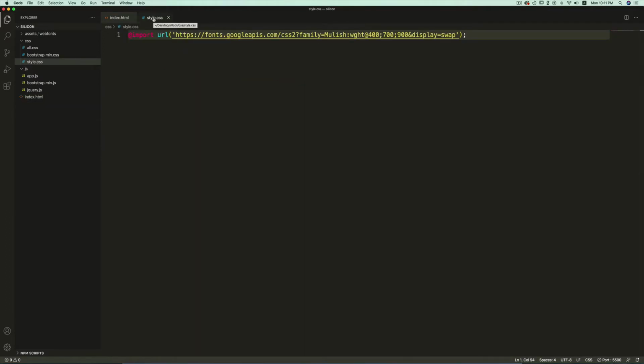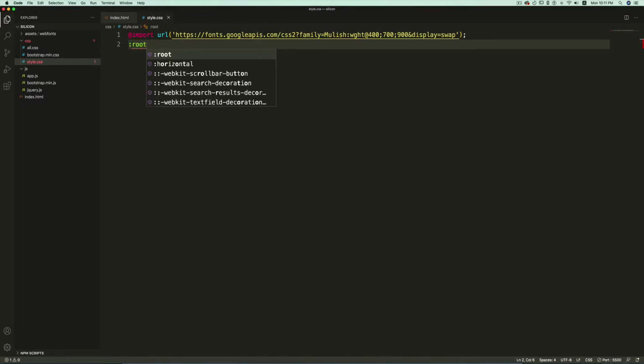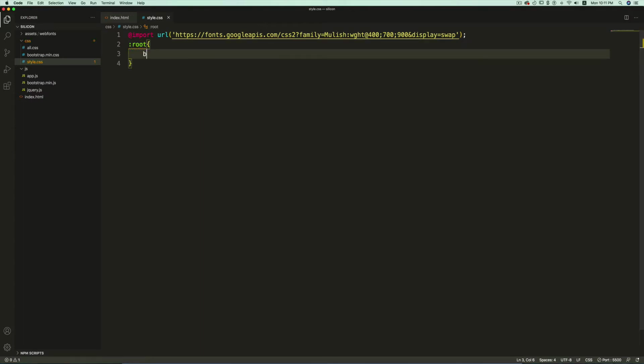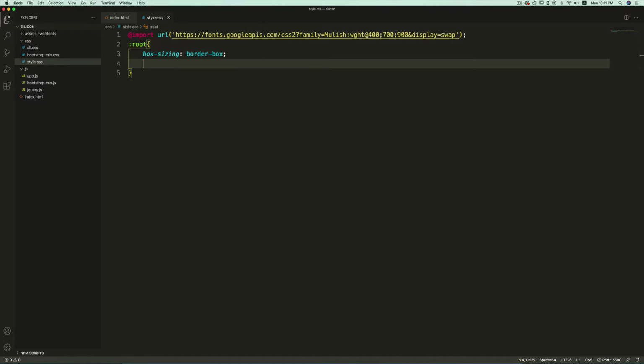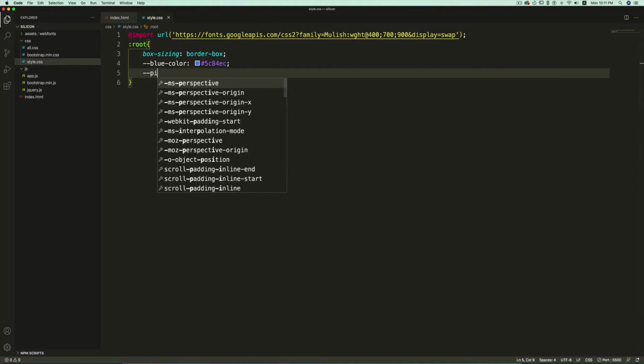Now after this, I am going to write some general styling for the page. So first I'm going to use the root pseudo class. This represents the HTML element. Here I'll set the box sizing to border-box. Then I'll set some variables: the blue color, and the RGB code will be hash 5C84EC, and then I'll have a pink color.